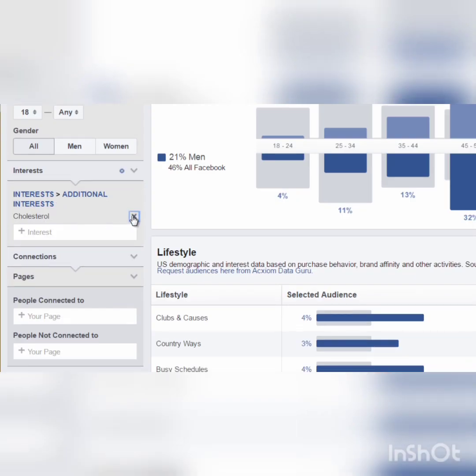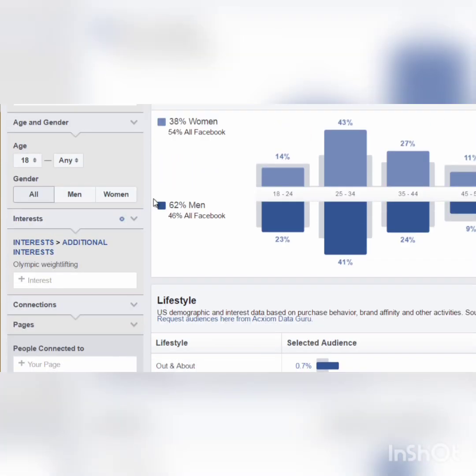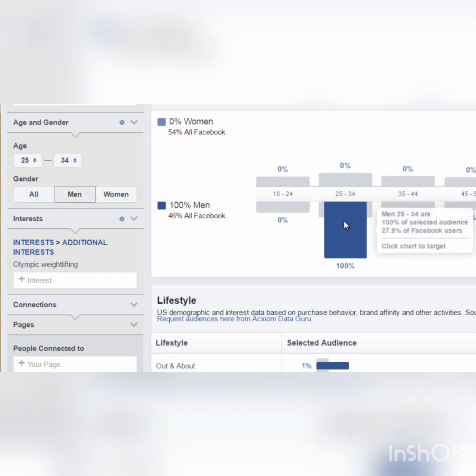That's cholesterol. We can type in something else. Say, for example, weightlifting. So obviously, Olympic weightlifting, we can see the majority of them are male, especially between this one here. Now, if we click on here, what this does is it hones in specifically on this age group, male,